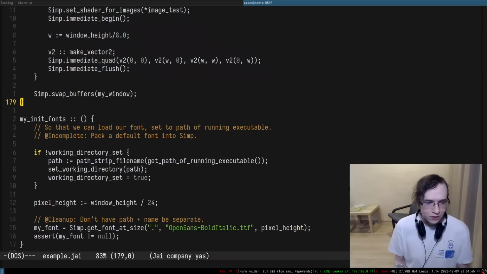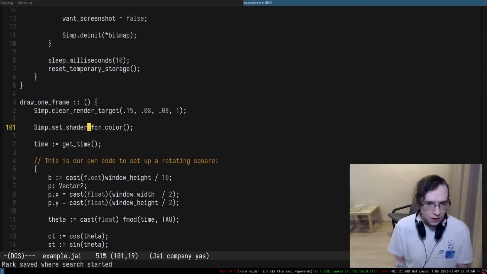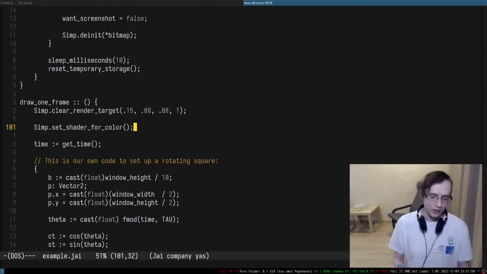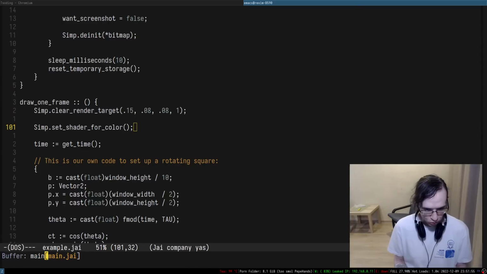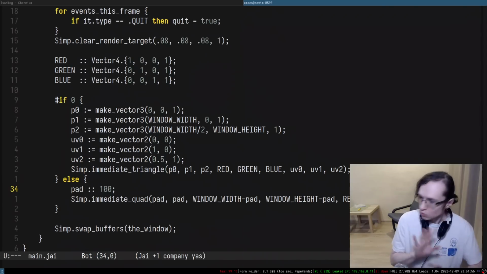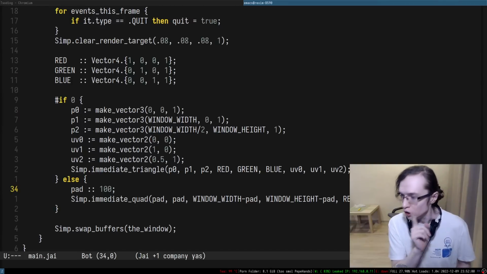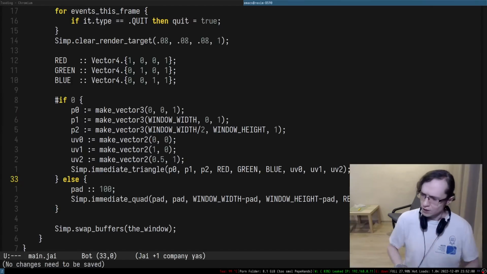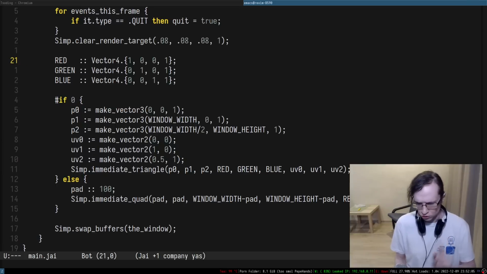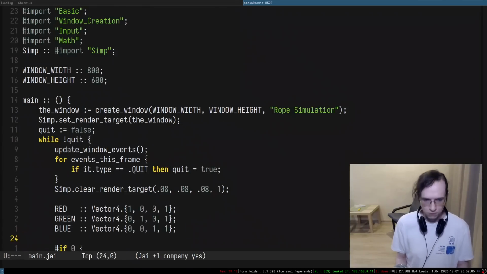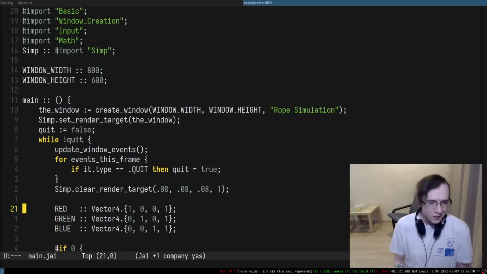So what do we have? Here is the example shader. Yeah, so set shader for color. That's what you have to do. The language is not bad. Don't dare to think that language is bad. It's unfinished. If there's something good, that language is good. If something bad, language is unfinished. Remember that. Anyway,